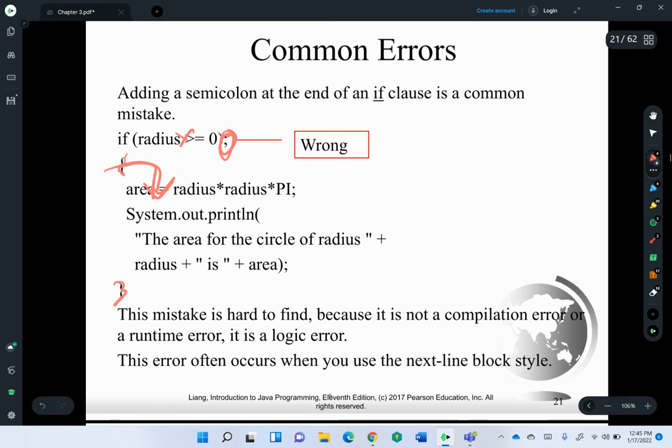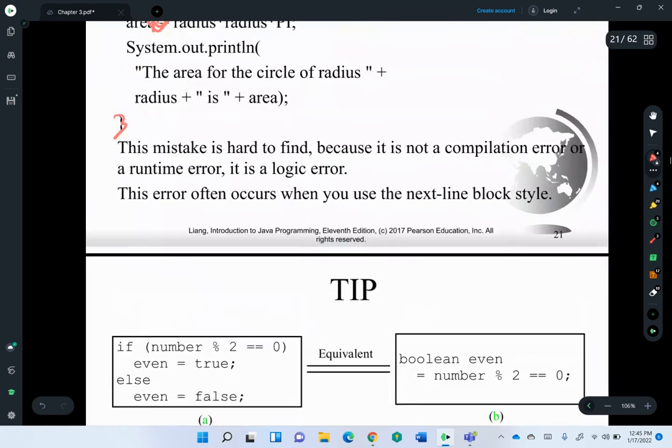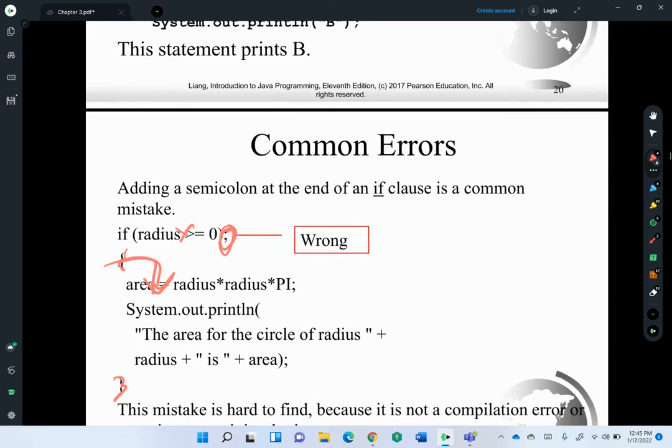Another common error, and I don't think they talk about it, is again using if statements with a single equal sign. So if we want to say if radius is equal to 0, then